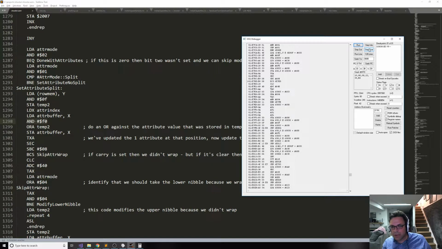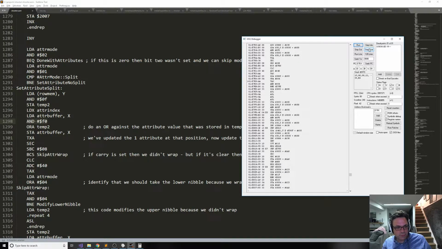The carry is set, so we're going to skip over the wrap check. So now we're transferring A back to X, and we're checking to see if